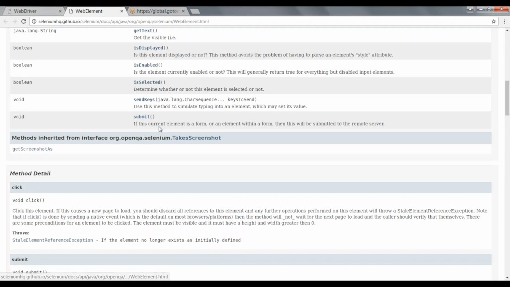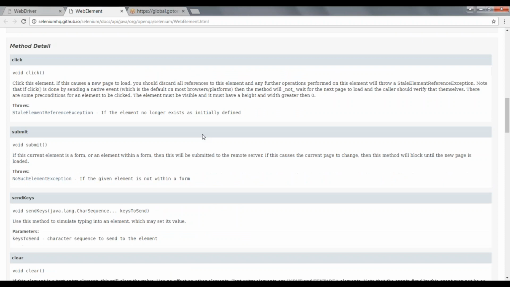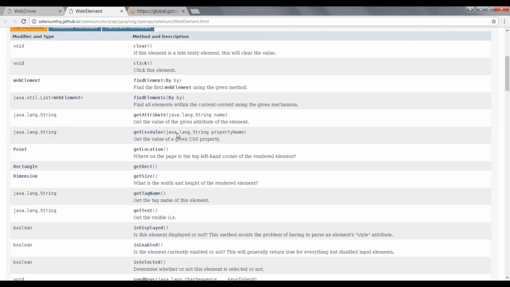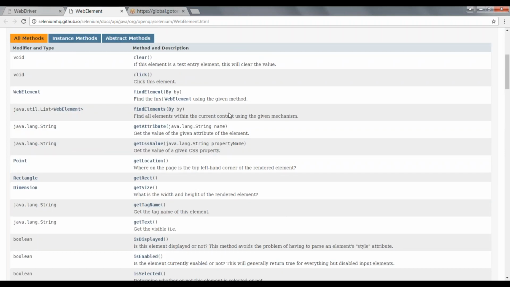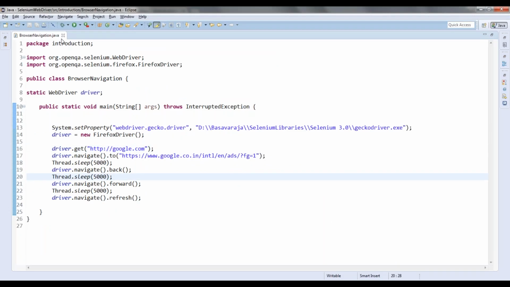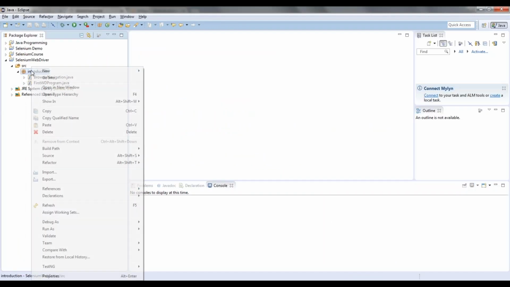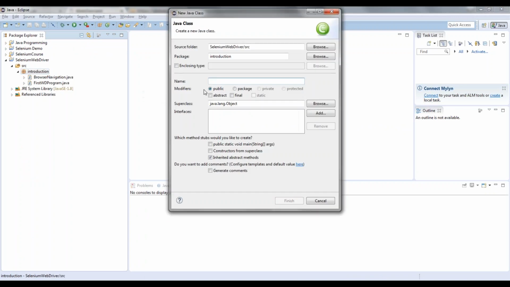So how do we find that element and how do we perform operations on those elements? We will look at them one by one. The first thing is, let me create one more class because I want you guys to go through each one of them.